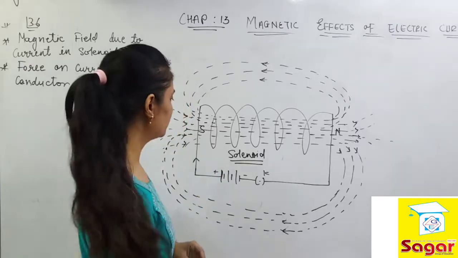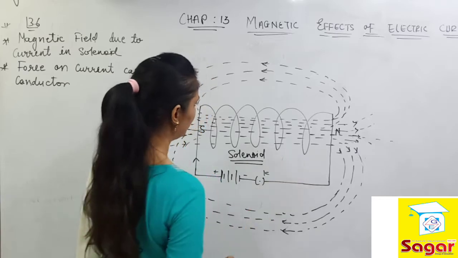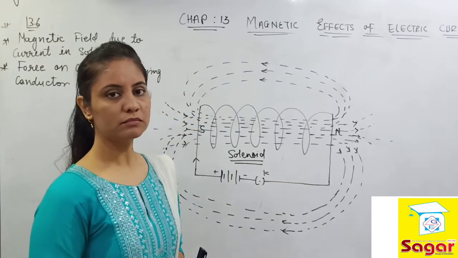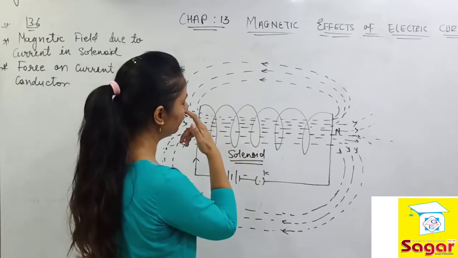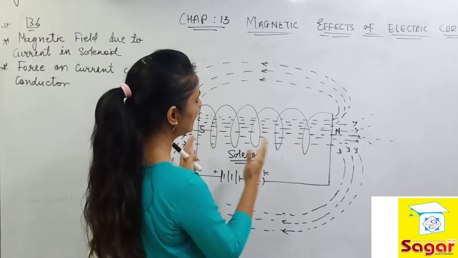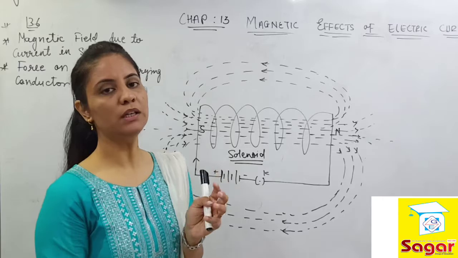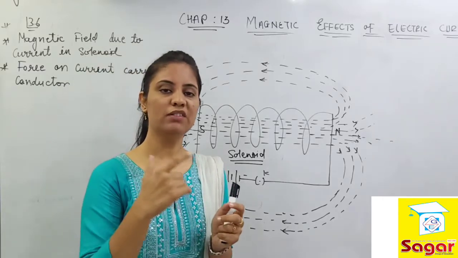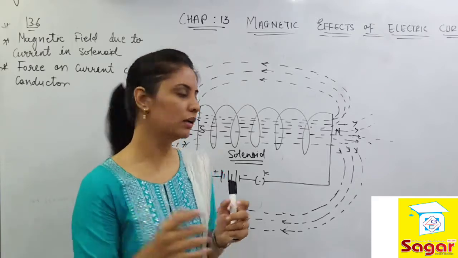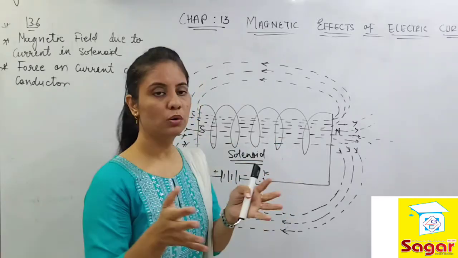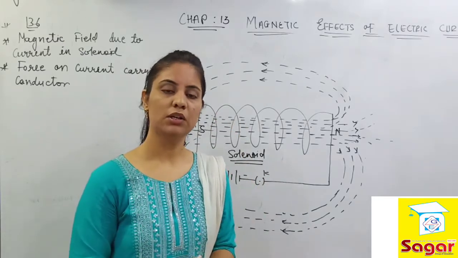But what is a solenoid? Solenoid is nothing but another name for a coil. If we take a copper wire and make many turnings of it, closely connected turnings and wrappings of the copper wire, make sure that the copper wire is insulated. So many turns of this insulated copper wire are wrapped around a kind of cylinder, close to each other. That is forming a kind of coil. So the coil is nothing but your solenoid.